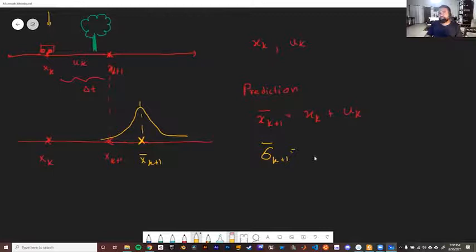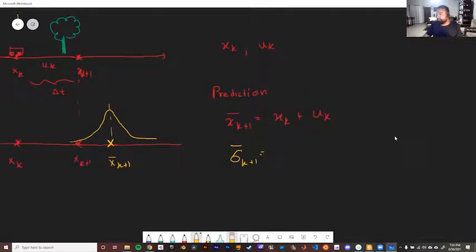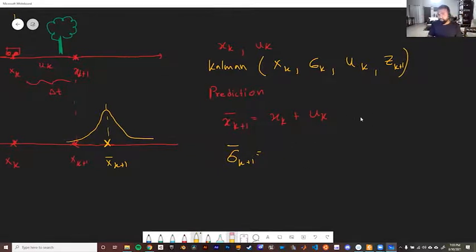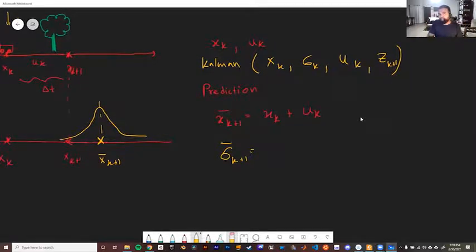Now assume that in the previous state, what are the inputs that you are giving into the Kalman filter algorithm? We are giving it xk, we are giving it sigma k, we are giving it uk, and then we are giving it observation z k plus 1. Okay, these are the inputs into the system, right? So we already use xk and uk, right? And at the same time,